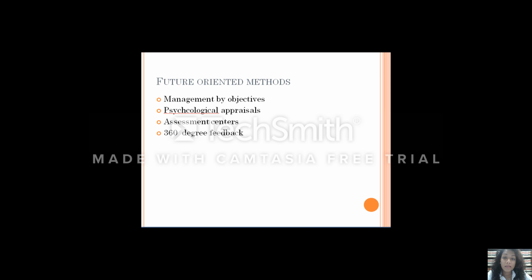The last method in the modern approach is 360-degree feedback. In this technique, there is a systematic collection of performance data on an individual or group derived from a number of stakeholders like immediate supervisors, team members, customers, peers, and self. In fact, anyone who has useful information on how an employee does a job may be one of the appraisers.